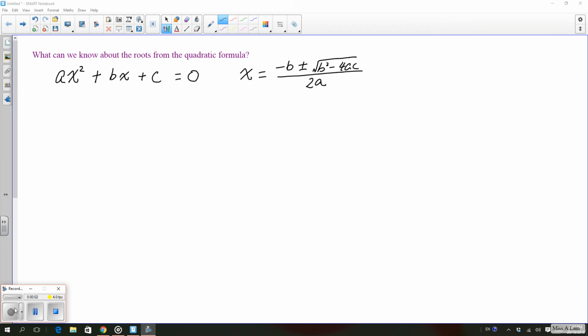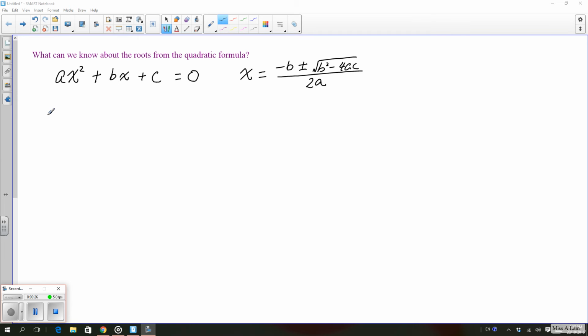Hi, today I would like to talk more about the quadratic formula. If we consider the general quadratic equation, ax squared plus bx plus c, this is the quadratic formula. If we look at the formula, it means when we solve this one,